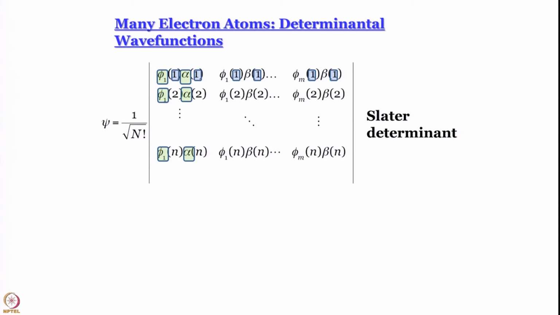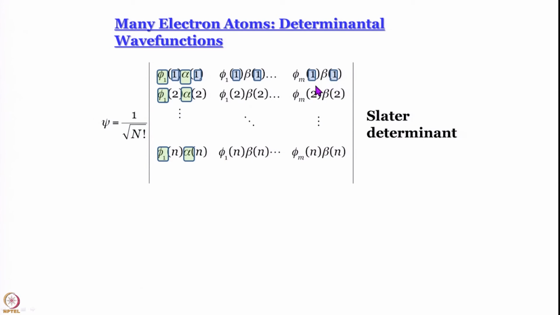Understand what I am saying? Each, so phi 1 gives you 2 spin orbitals, phi 2 gives you 2 spin orbitals, phi 10 gives you 2 spin orbitals. So, up to phi 10 how many spin orbitals do we have? 20, right, and what will the value of m be if n equal to 10? 5, well 10,